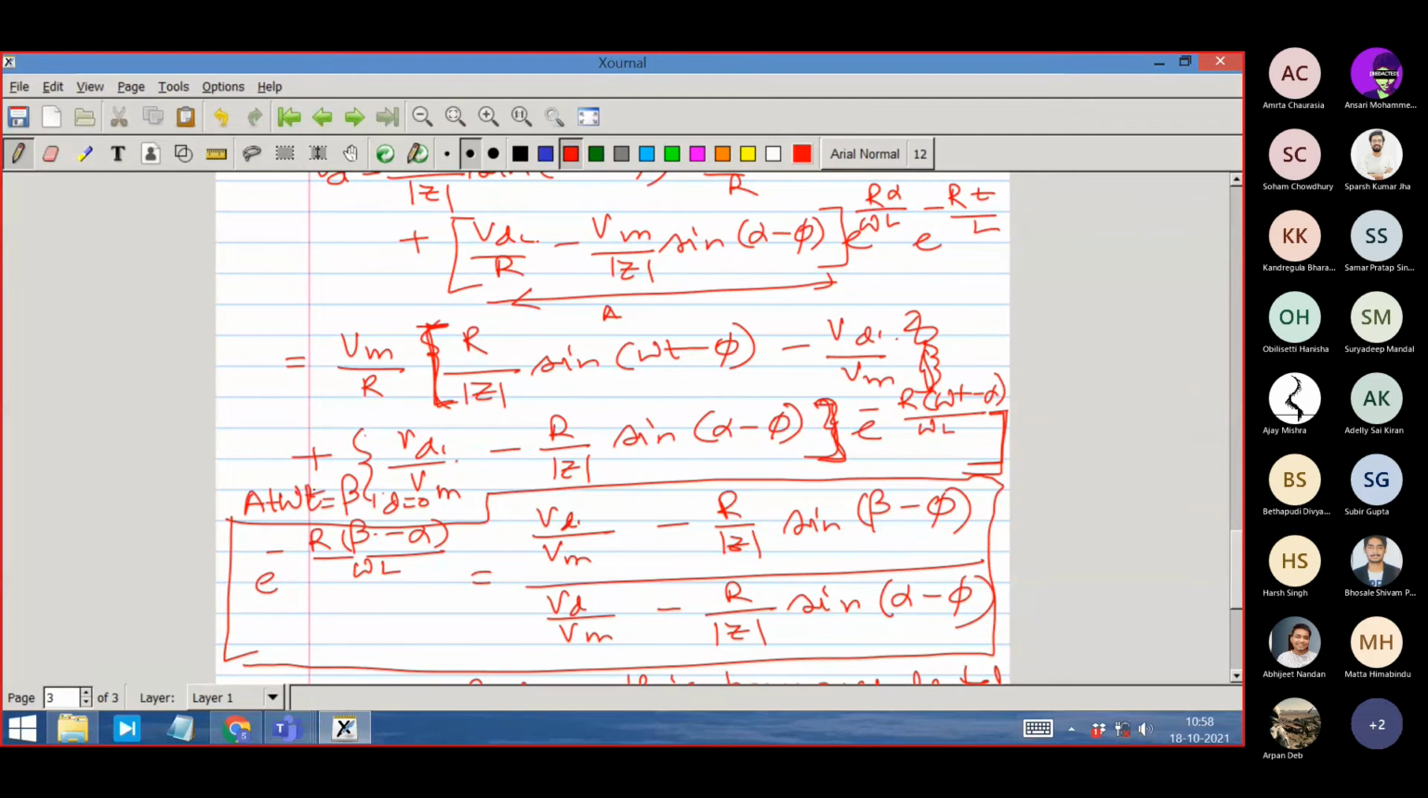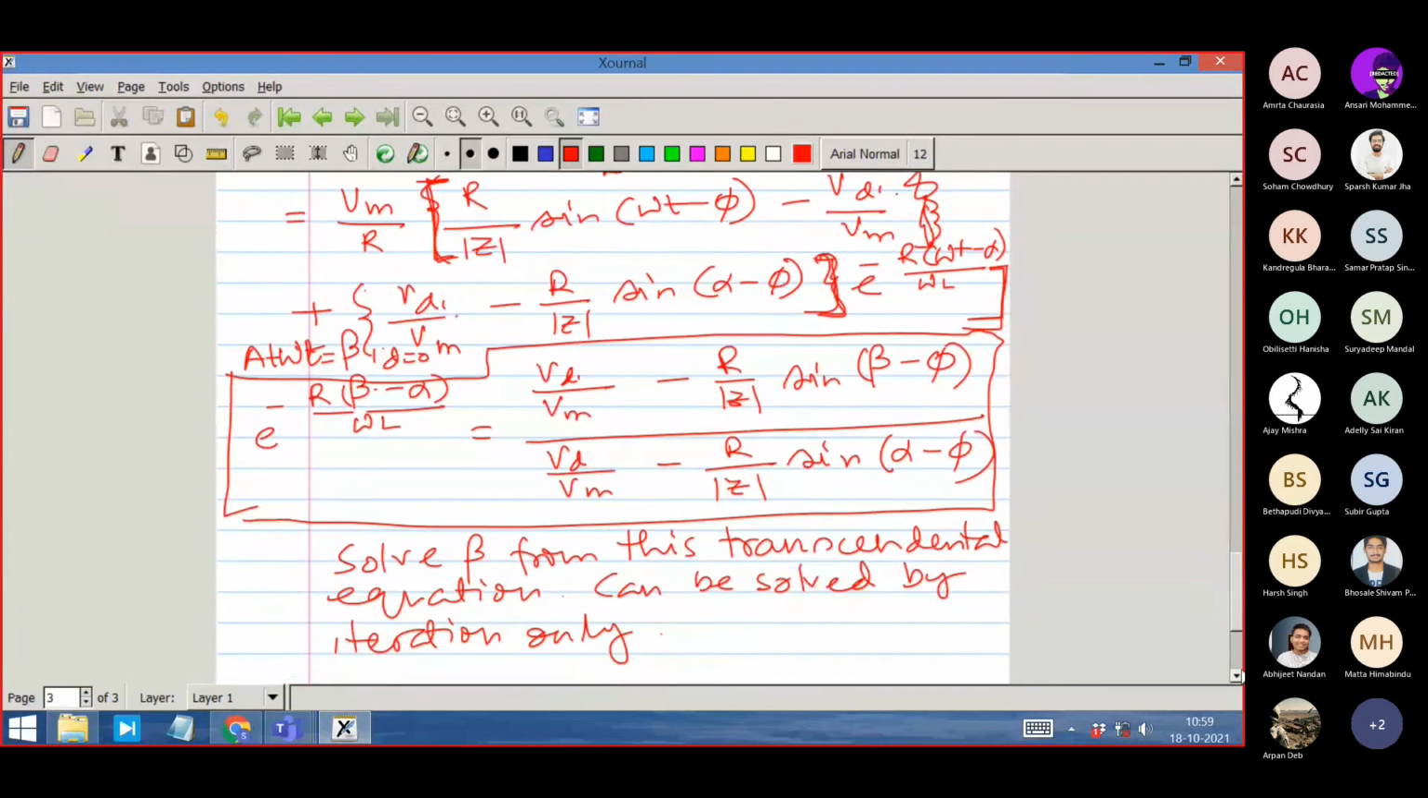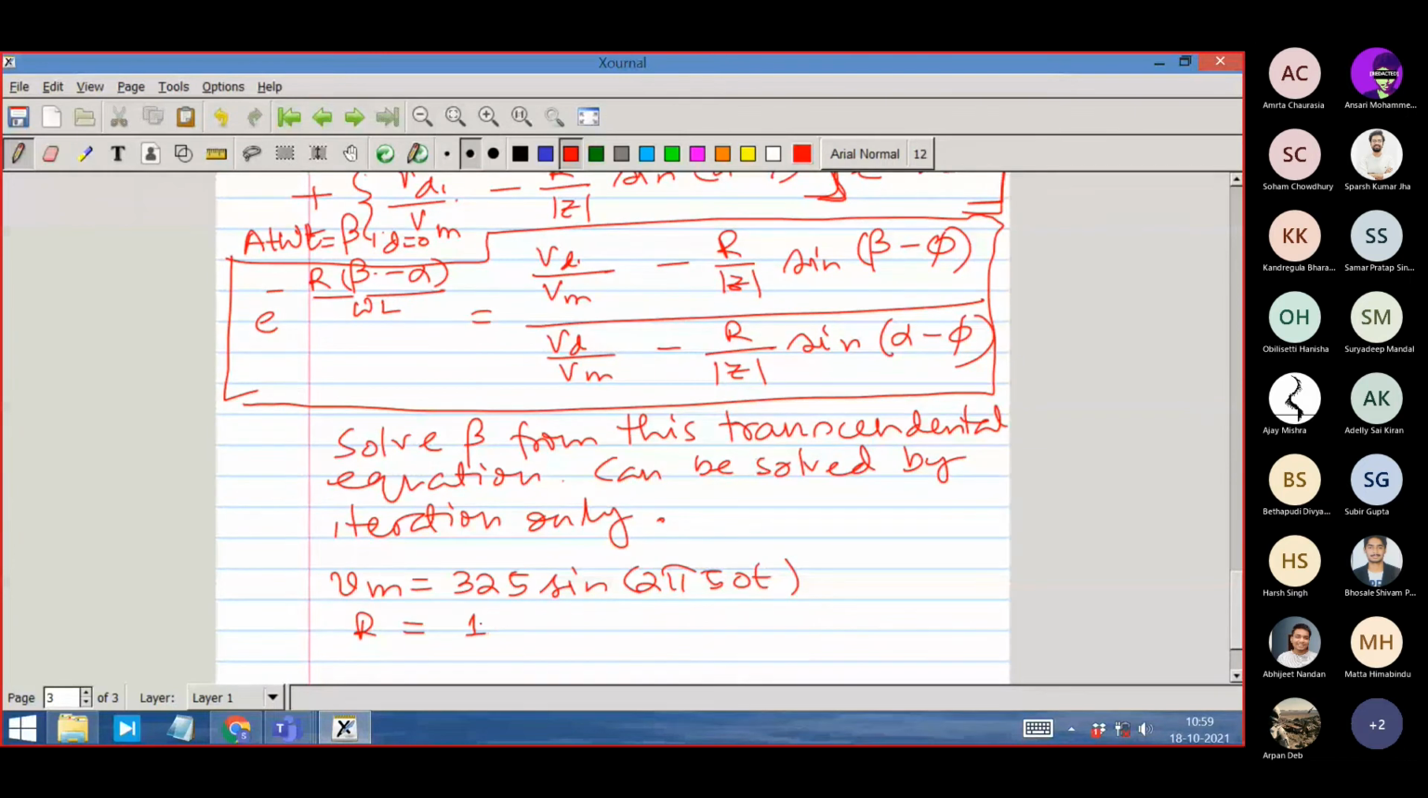So we will take such a solution in the next class, and see what are the actual numbers. The problem that I will be taking is Vm is equal to 325 sine 2 pi 50t. You may try to solve it. R is equal to 1 ohm, and L is equal to 10 millihenry, and VD is equal to